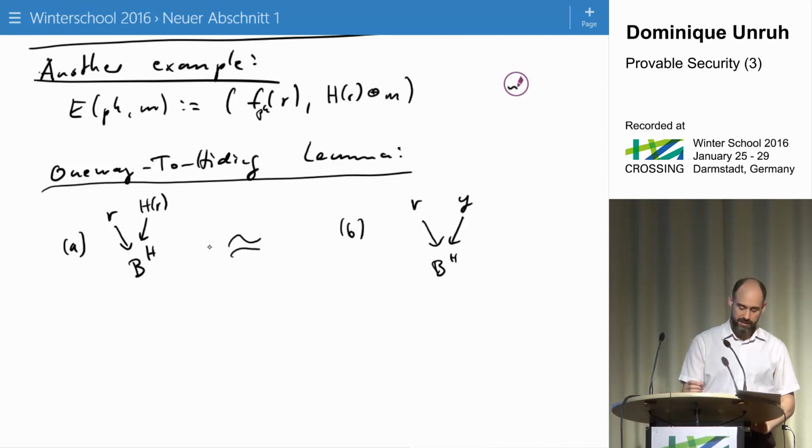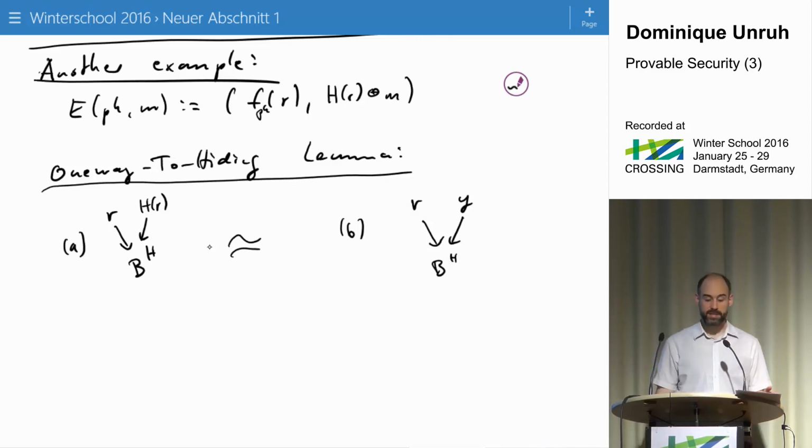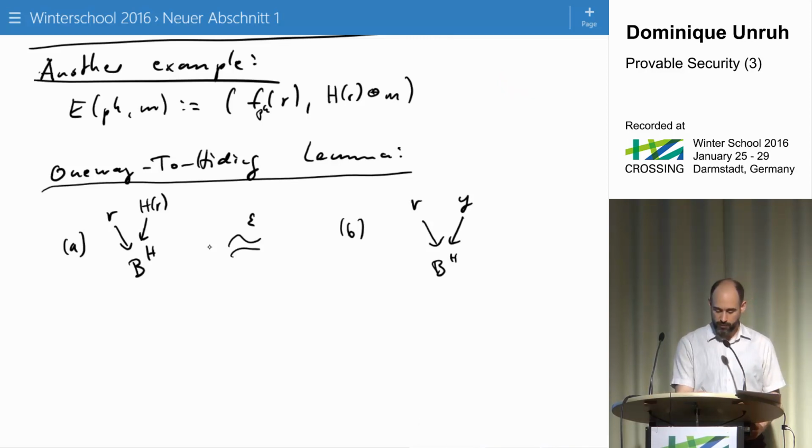These settings are indistinguishable, so the algorithm B cannot tell the difference in which one it is, up to a probability epsilon, where epsilon is related to the probability that